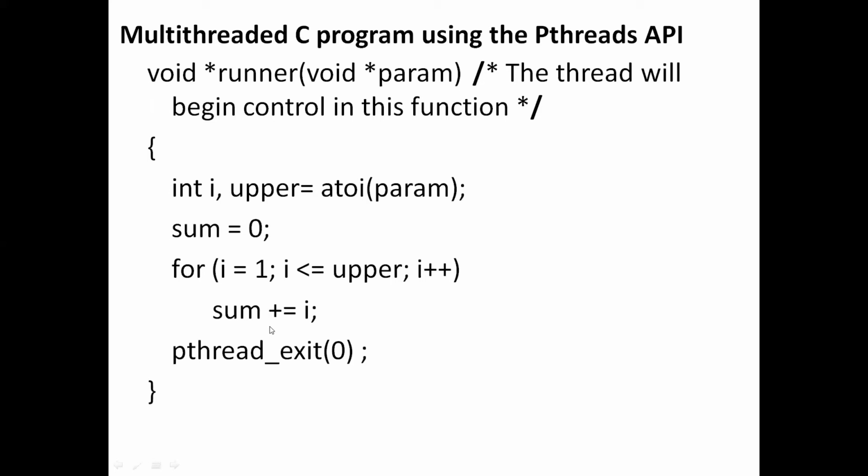Now the sum is holding the value 1. So sum equal to sum plus I, that is 1 plus 2. 1 plus 2 is how much? It is 3. So 3 we will assign to sum. Now control again will go back to the updation statement of the for loop, where we are incrementing the I value. I was 2, and after executing this increment statement, I will become 3.